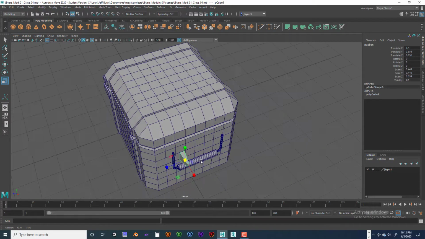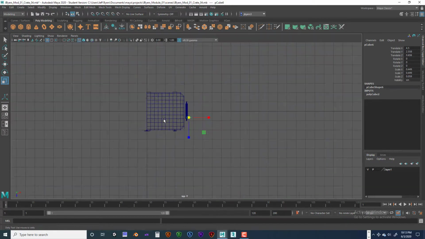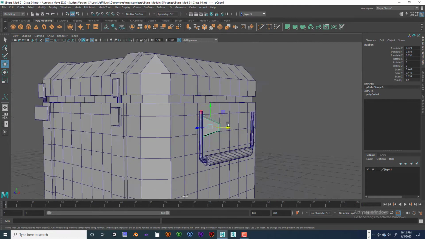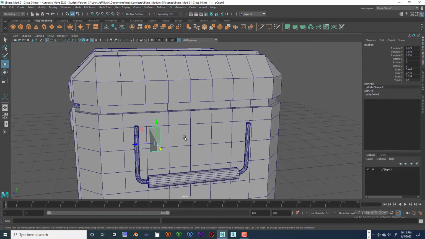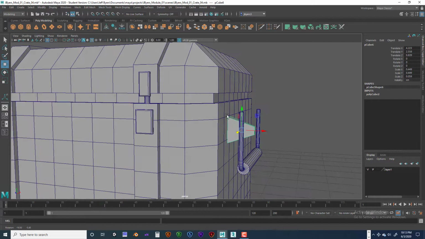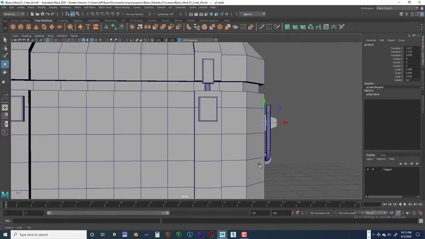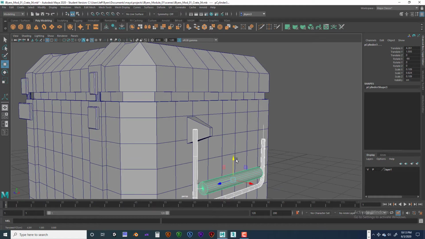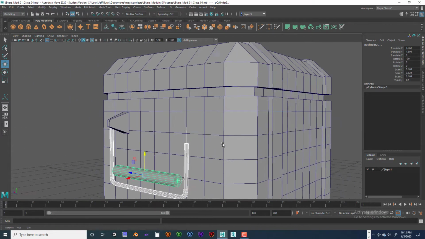And let's get it placed against the crate. Let's go ahead and move that in. Alright, that looks good. Okay. Alright, let's go ahead and move that over. And I think that's pretty good. Let's go ahead and take these two guys here and move those down. And we've got our